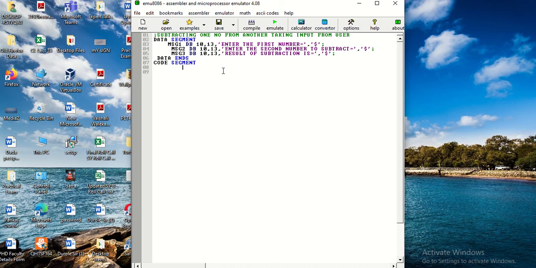So now I have started writing the code segment, and you know the basic things that we write at the start of the code segment, that we have already studied in the previous videos.